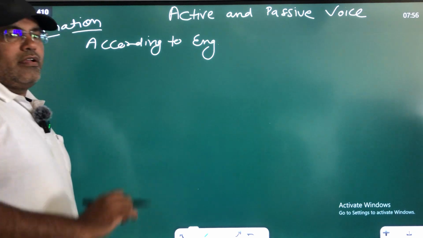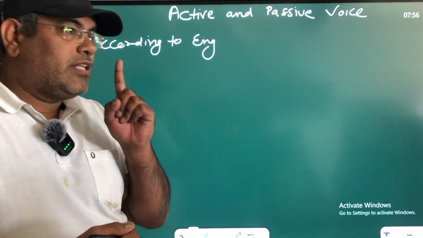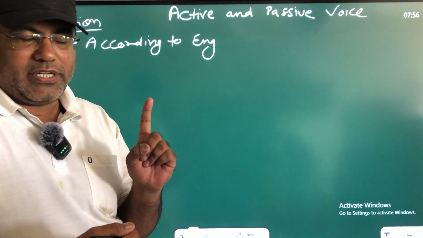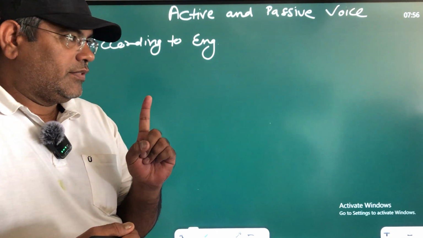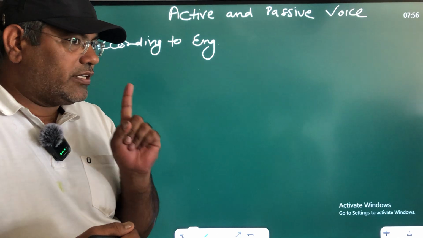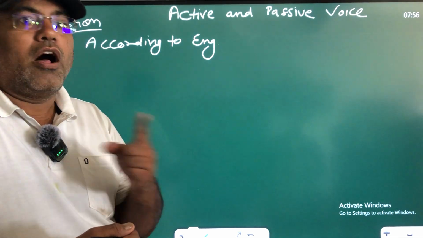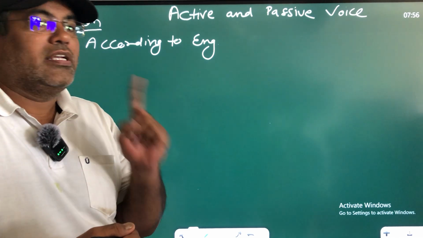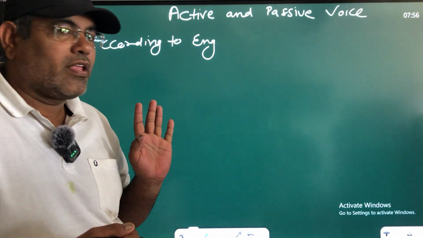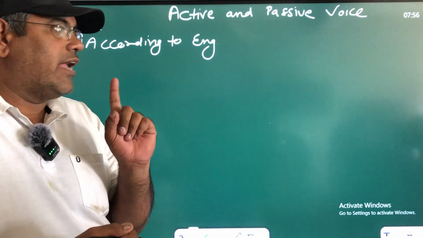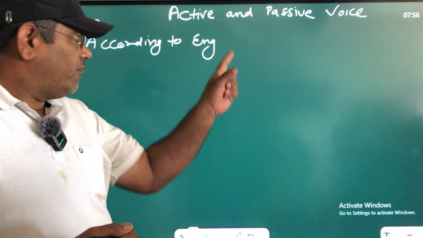Okay, guys, if the subject is active, if the doer is working properly, is that clear? If the subject is active in the English sentence rather than the object, it means this is the active voice. An active voice sentence may be based on tense and modal. Am I clear? For example, I say